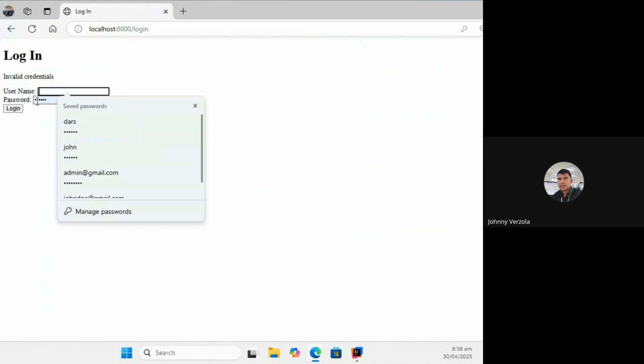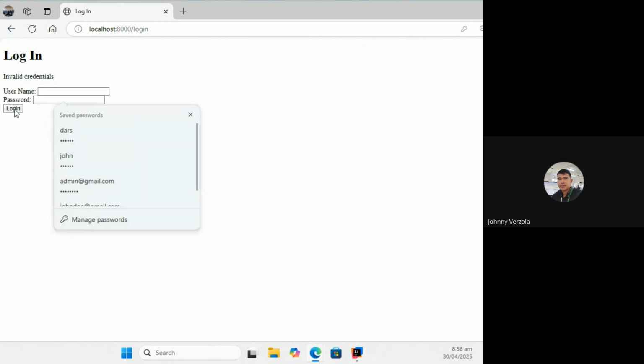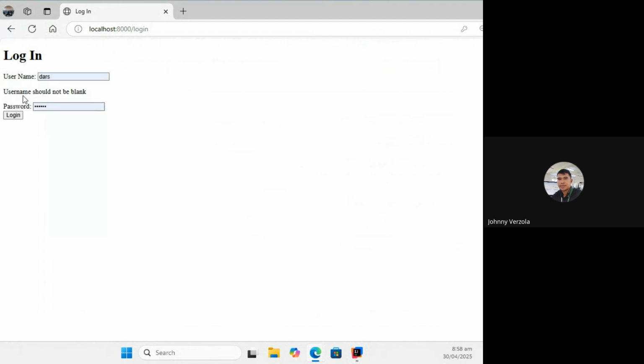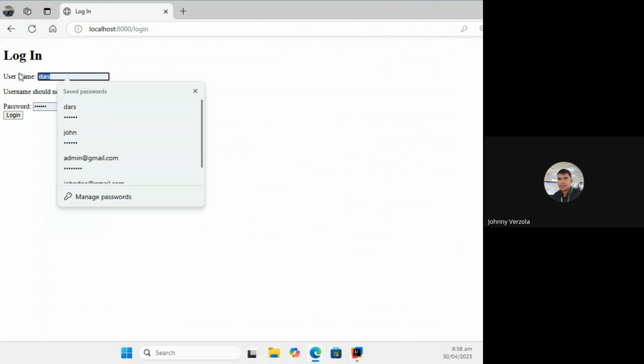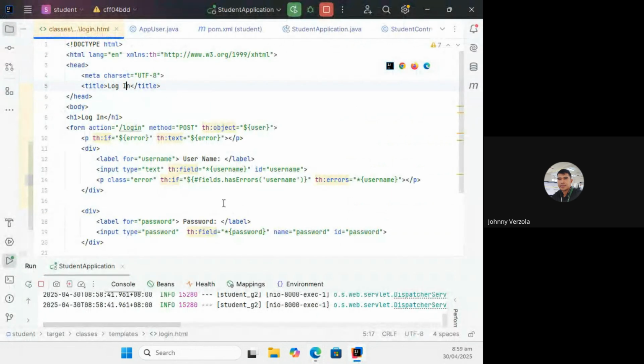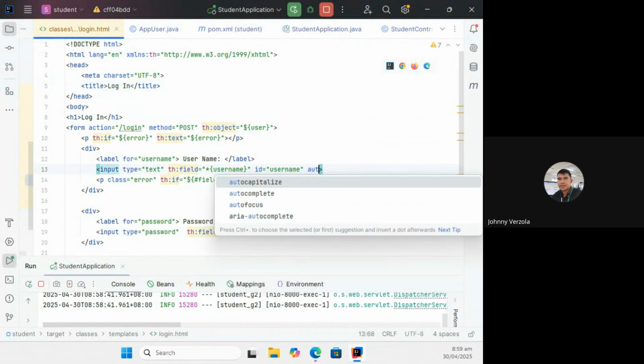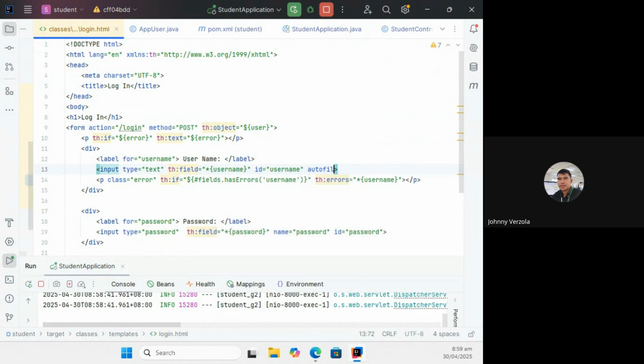I'm going to try another one. Username should not be blank. Sir, why is there a value? Because it has autofill. You can disable that autofill if you like by using, wait, I forgot that.